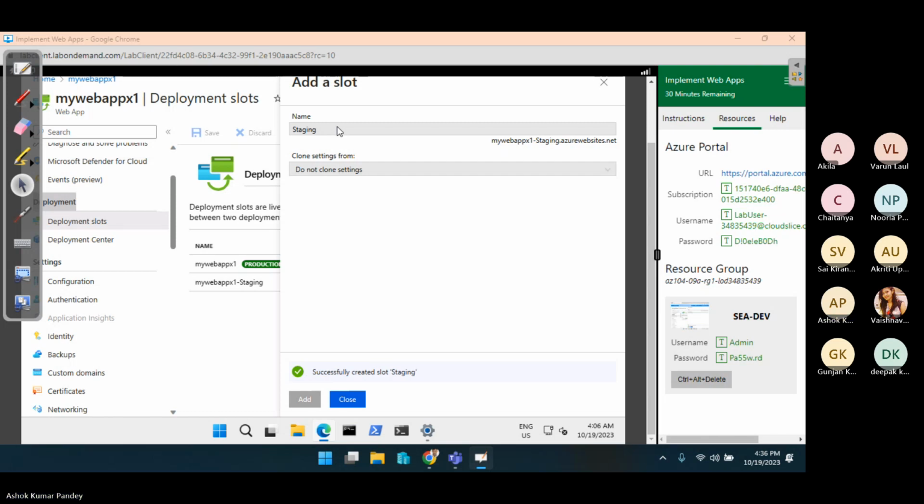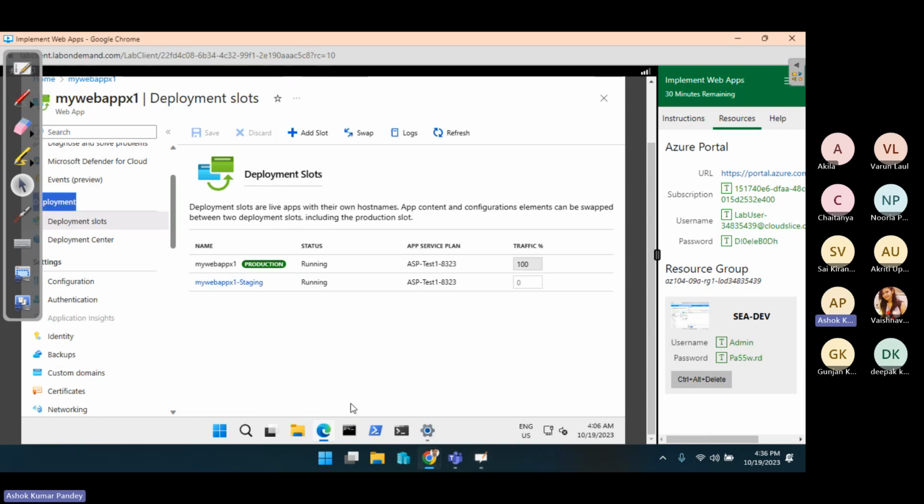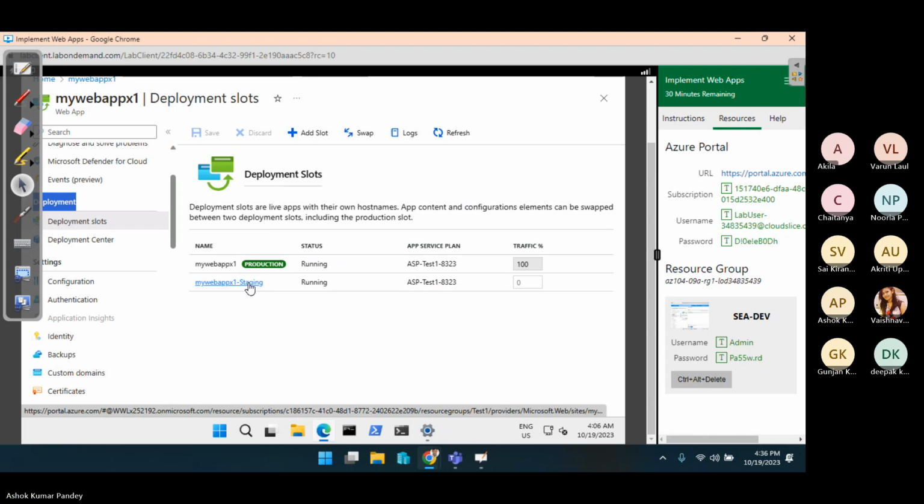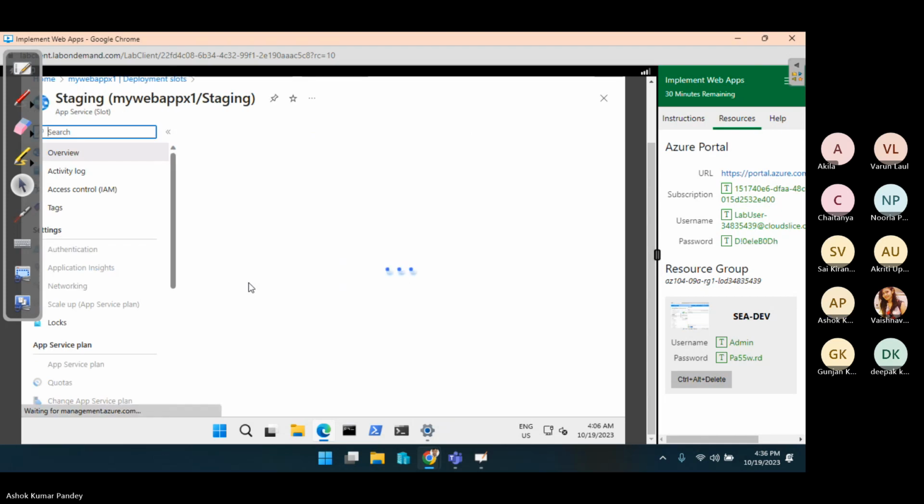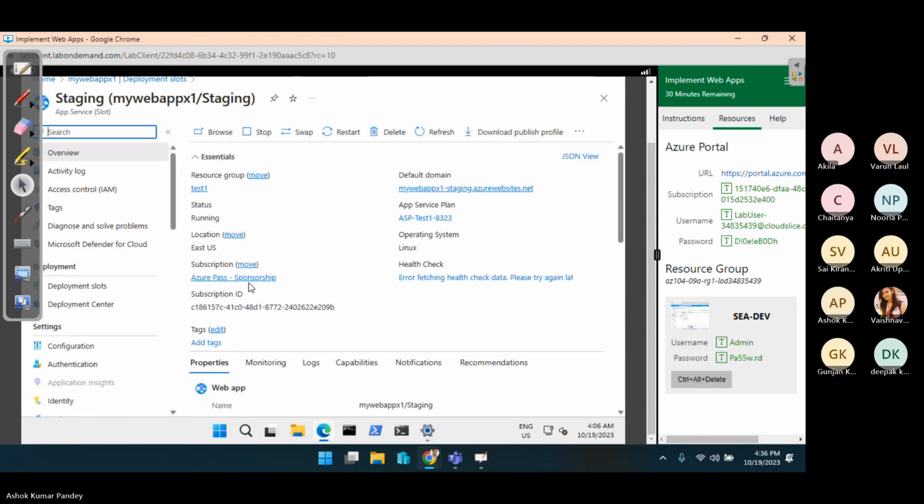Now I click on close. As you can see, there is production and there is staging. I hope this is clear to all of you. Now if I click on this one, see this, it has again a new link. If I click here,